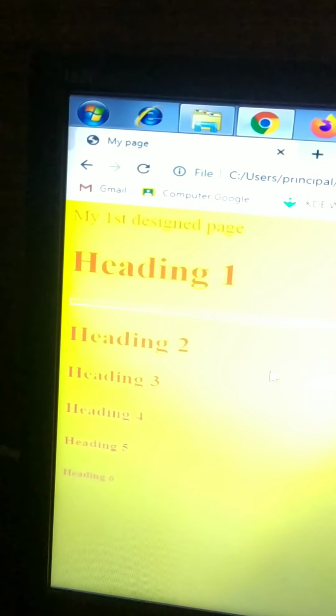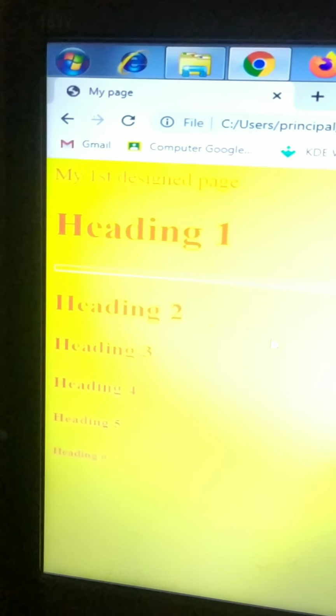Just go to the web page and refresh. Can you see a line over here? A line is displayed, that is a line with thickness 8 is displayed.